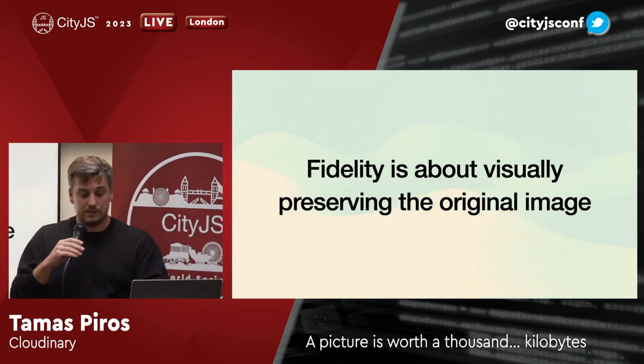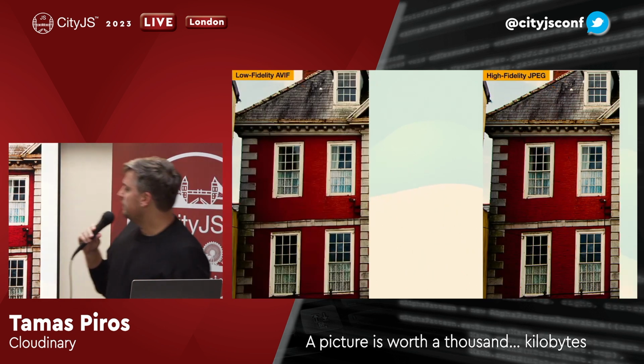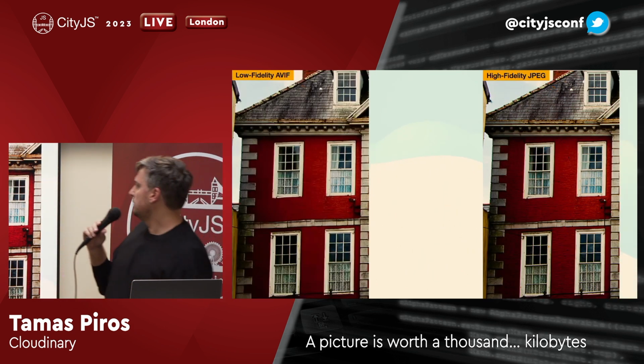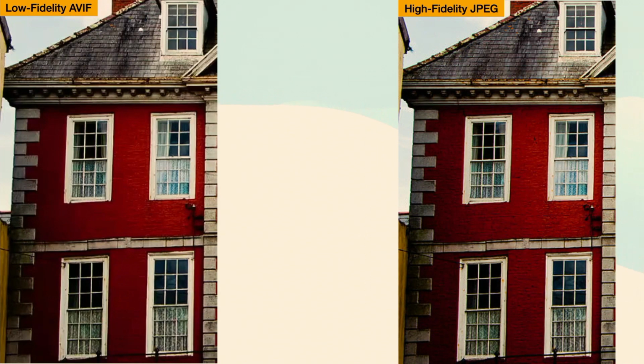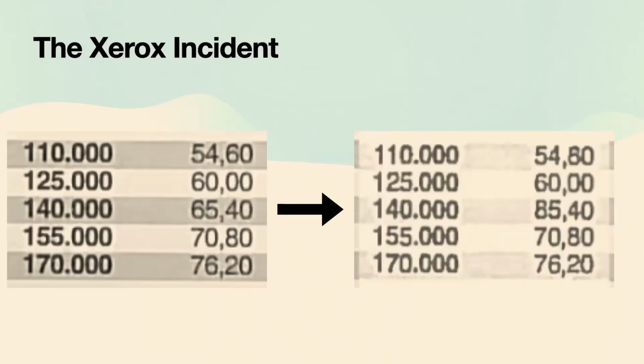It's very important to understand, because I don't know if this is going to be visible on the screen, but let's say you have created a low fidelity AVIF and a high fidelity JPEG. Let's just talk about AVIF and JPEG. You create an AVIF, you create a JPEG, and the AVIF is going to be a fraction of the size of the JPEG. Maybe the JPEG is going to be 500 kilobytes, the AVIF maybe 50. And you're like, okay, this is good, I'm happy with it, but if you look closely, oopsie,